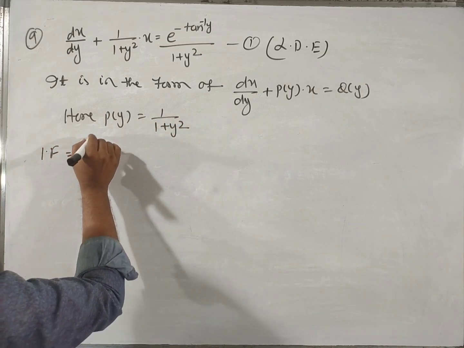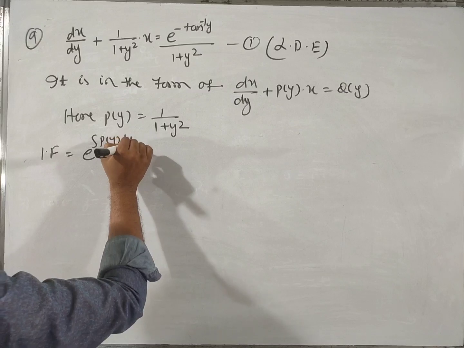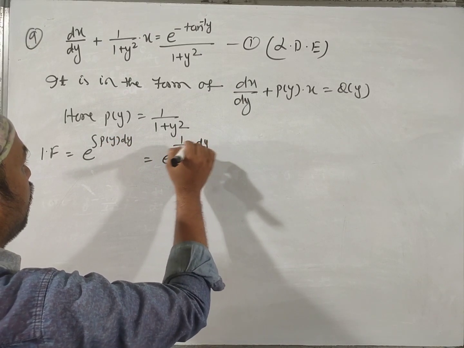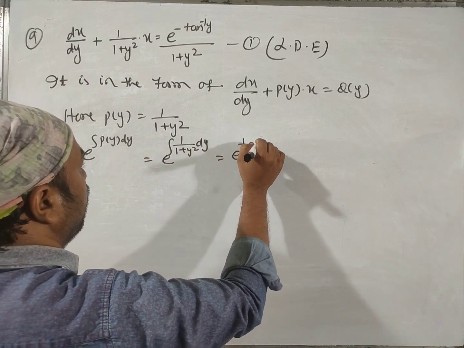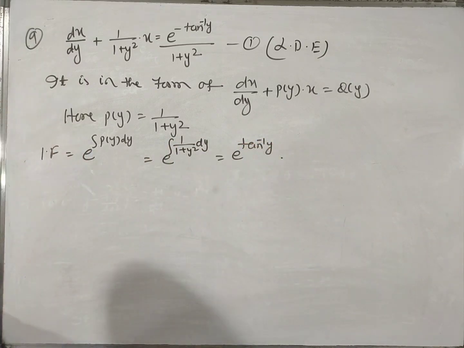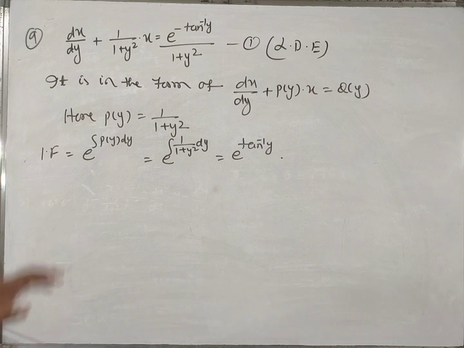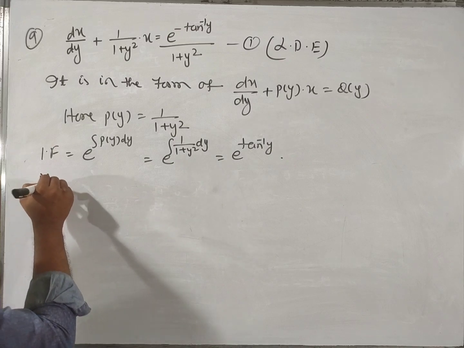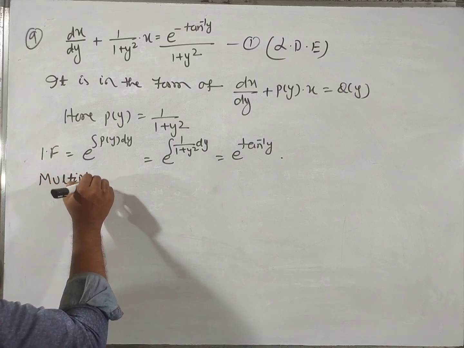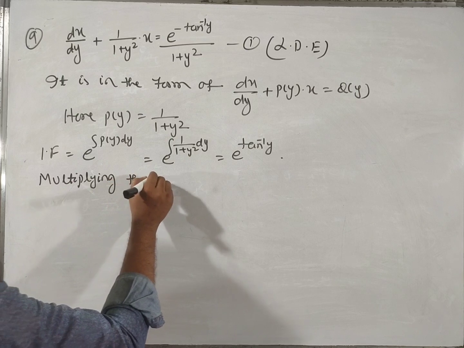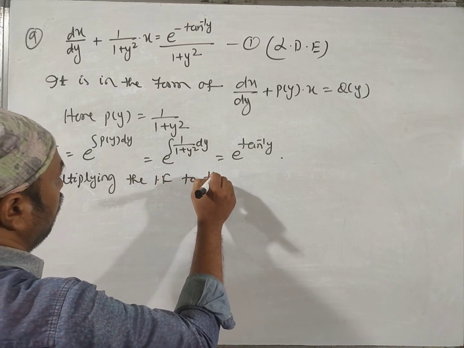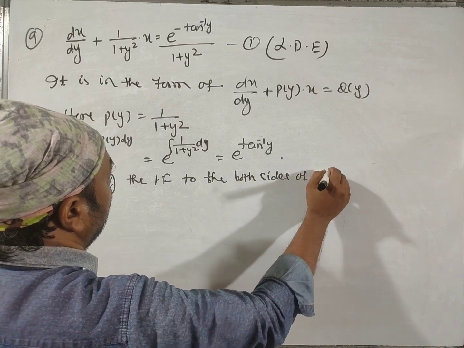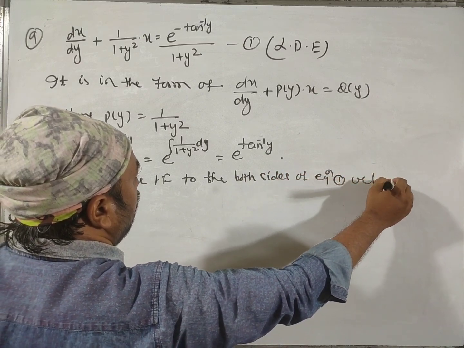Integrating factor is equal to e to the power integral of p of y dy. It is e to the power integral of 1 upon 1 plus y square dy. Then it is e to the power tan inverse y. So it is the integrating factor. Then we have to multiply this integrating factor to equation number 1, that is the linear differential equation. Multiplying the integrating factor to both sides of equation 1, we have